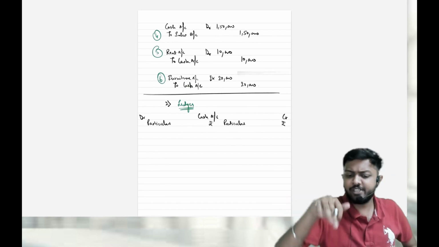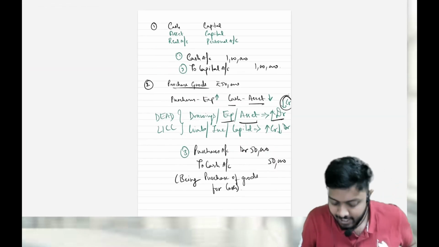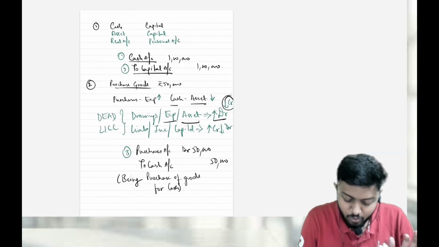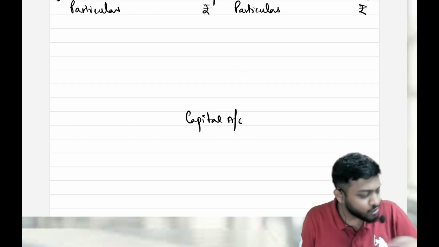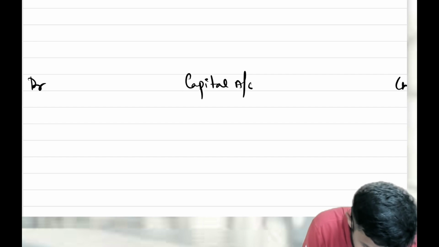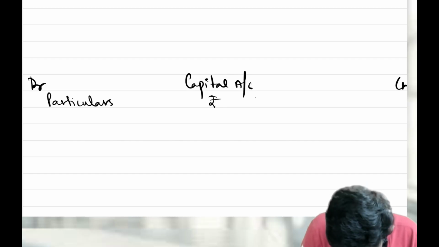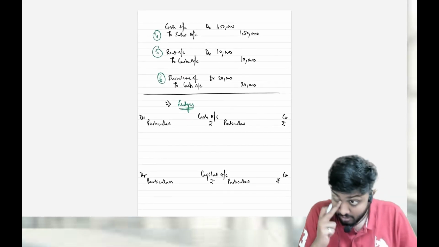Now let's understand how to post it. You are supposed to do it for all the transactions, technically. Now the first entry is cash account debit to capital account. Now what we have to do? One entry should come in cash ledger account, one more entry should come in capital account. Because in the journal entry there were two things, cash and capital. The posting should happen in cash account and capital account. Particulars, rupees. Particulars, rupees.